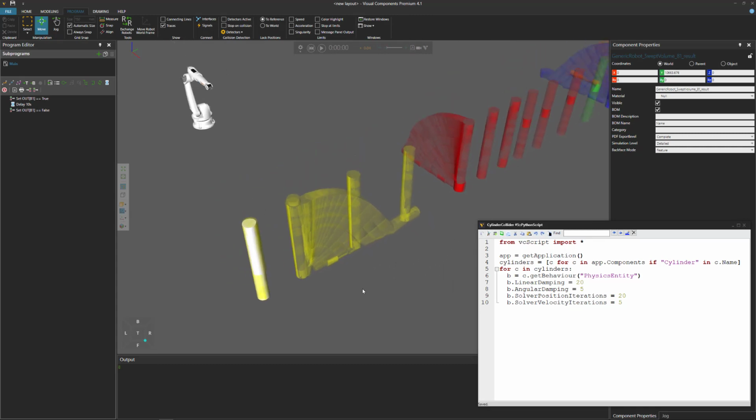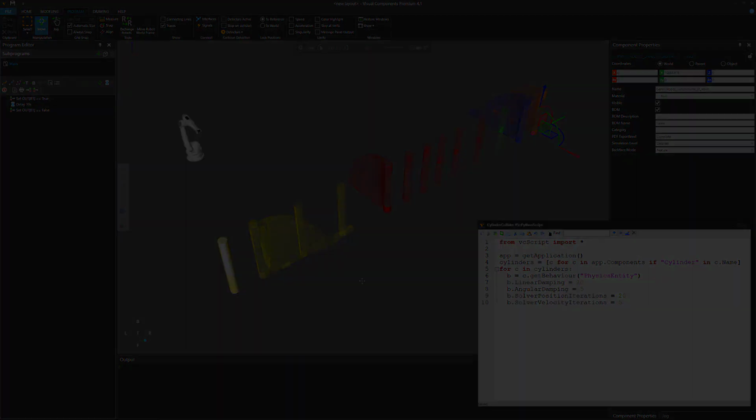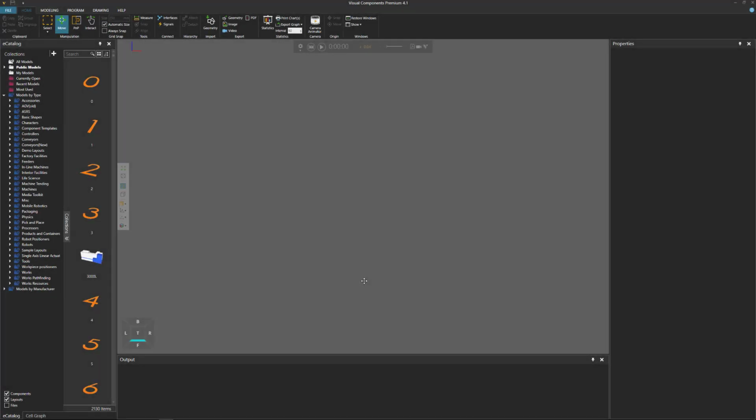What you could do is save this for your own record and go back and review all the swept geometry we created for our test cases. What I'm going to do now is show you how to use damping with a spring. In this case, a swing arm of a conveyor. To get started, clear the 3D world of all components.